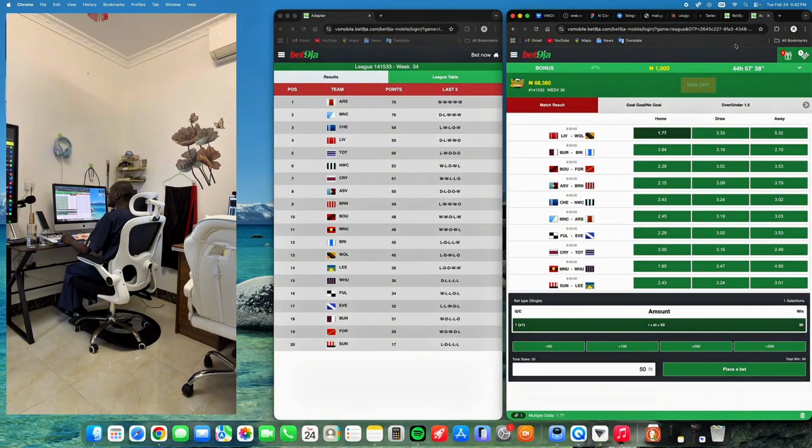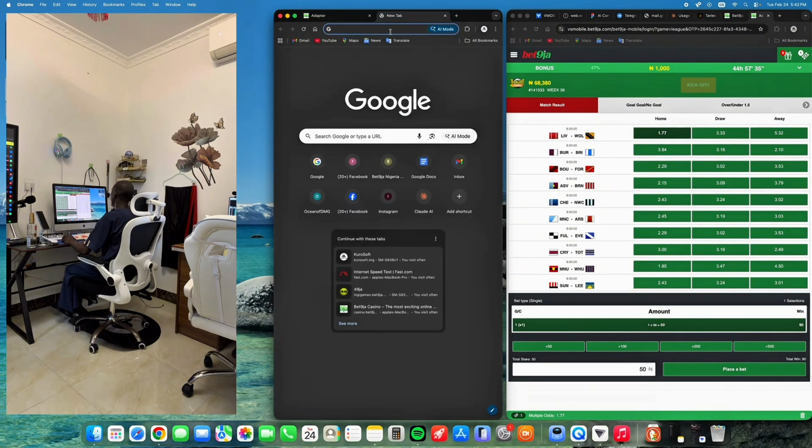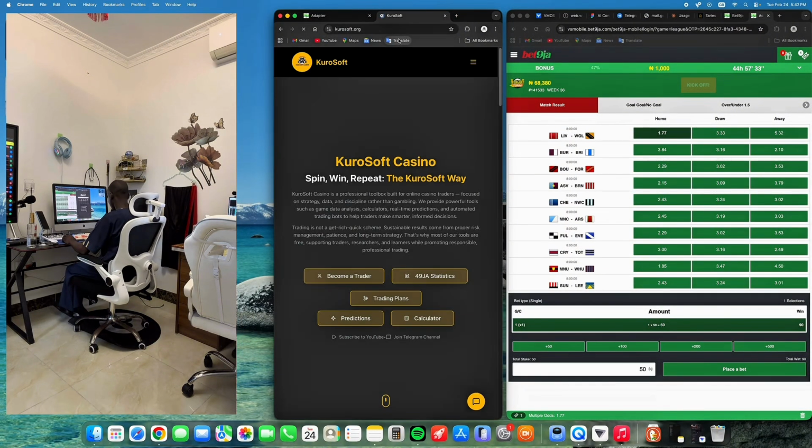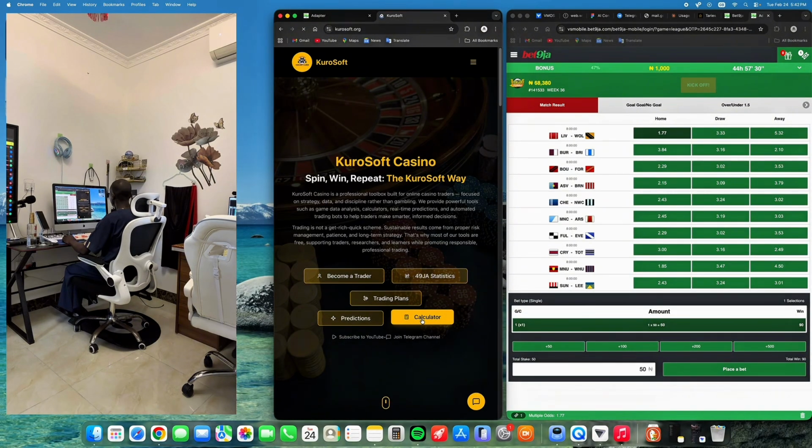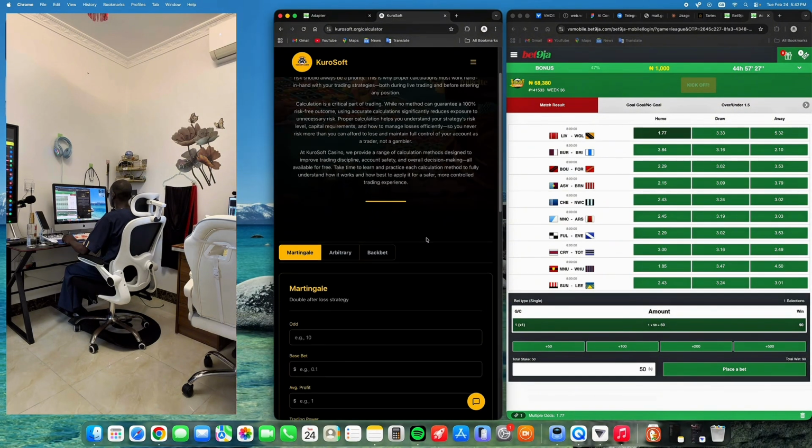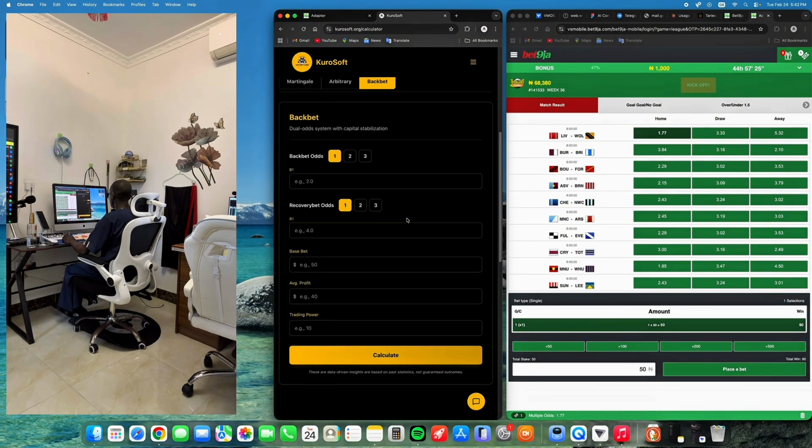Okay, so I have a calculator for this, but let's see. With the calculator, I noticed that the formula I gave to the developer is inaccurate because I used multiple base bets and multiple recovery bets. Now let's try it and see first in this case. So we have our back bet. Back bet means this particular bet that we are using to back up our bets. That is 3.33 odd in this case, which is the odd for the draw.